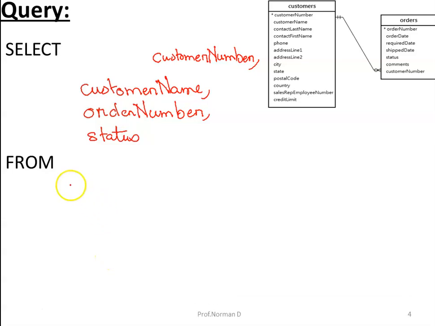Now, I'll pick up these attributes from the customers relation and have a join with the orders relation.